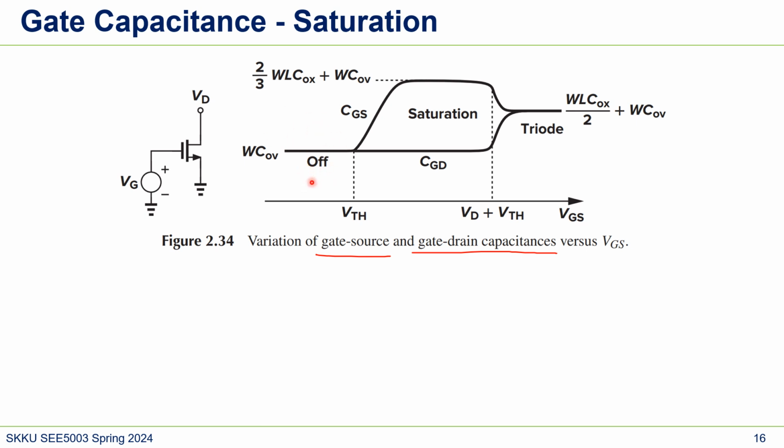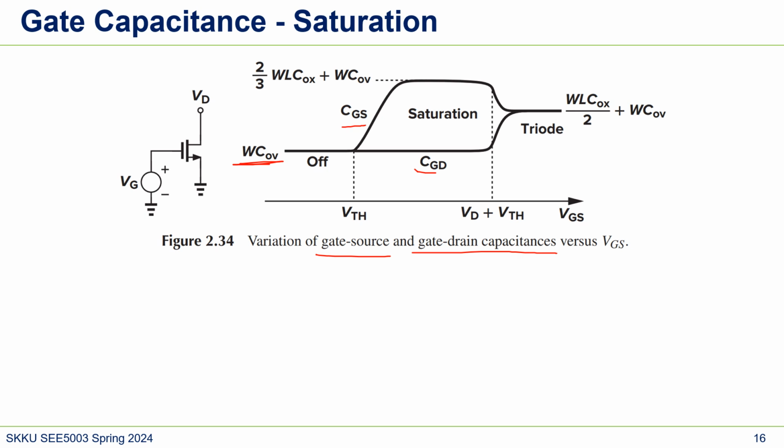What did we say? Do we have gate and channel capacitance? No, we don't. So we only care about overlap capacitance. So this CGS and CGD are the same as this value. So that's our cutoff region. And in the saturation region,